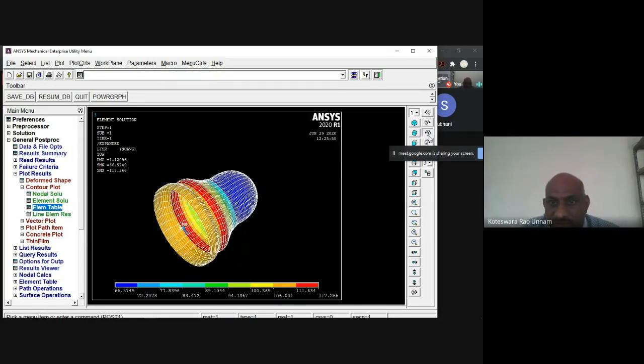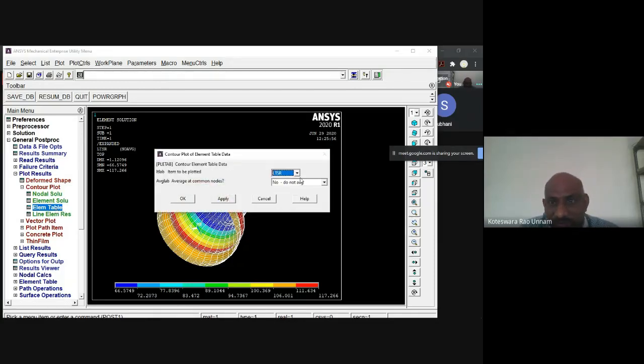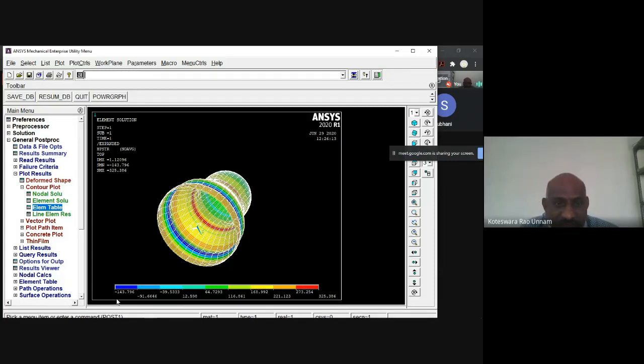Okay, so in this direction you can see where it is maximum, where it is minimum. Minimum is at top and maximum is at this location. This is for longitudinal stress. You take the picture of this. Similarly, I'll go for hoop stress. Here I need to select hoop stress label, then click OK. Now see, hoop stress minimum is at this location, which is minus 143, and maximum is 325 at this location. So you can capture this image also, and keep it in your record. So like this you can do it.